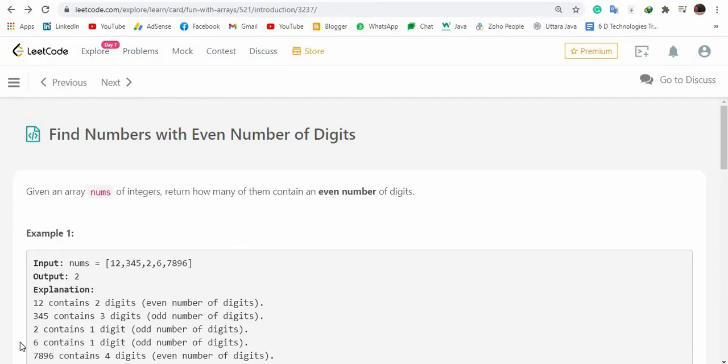In this video, I'm going to solve a simple array question given in LeetCode, and the question goes like this: given an array nums of integers, return how many of them contain an even number of digits. So here, the most important thing is that this question is talking about the number of digits, not the element itself. The even-digit elements in this question are this one, 12, and this one only. So the output should be 2. Now we will see the solution in detail.